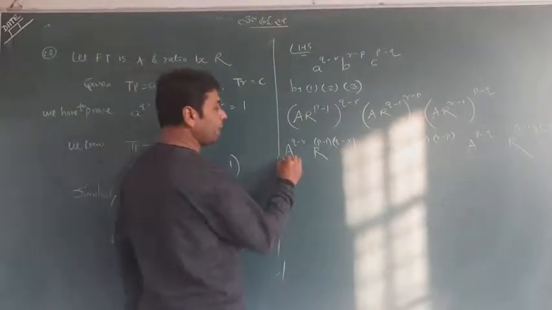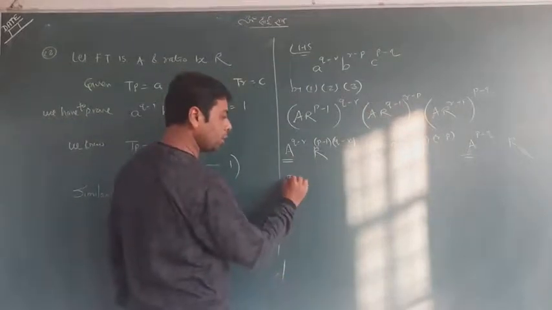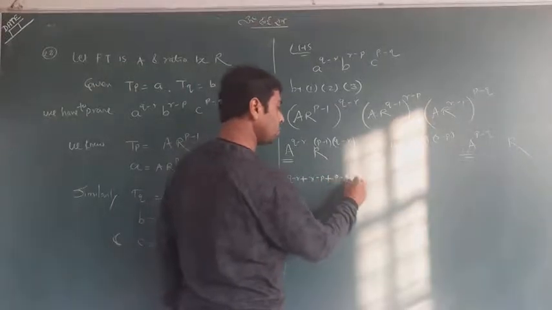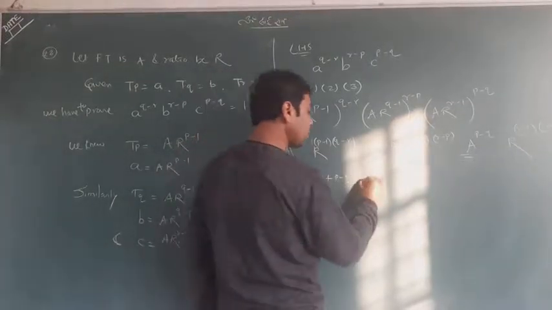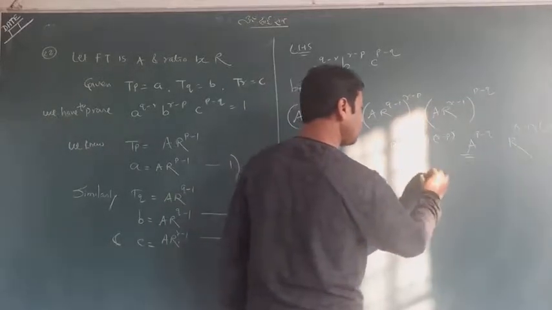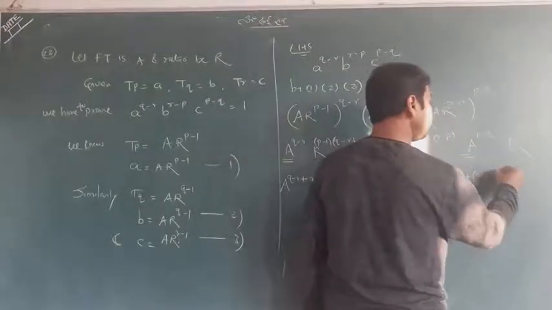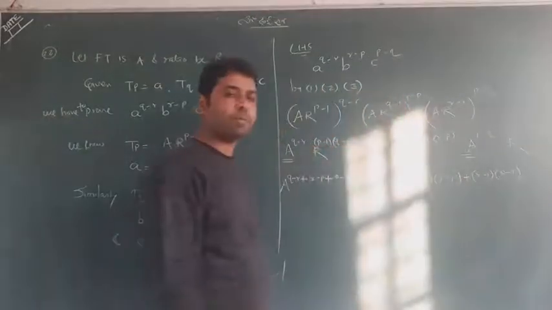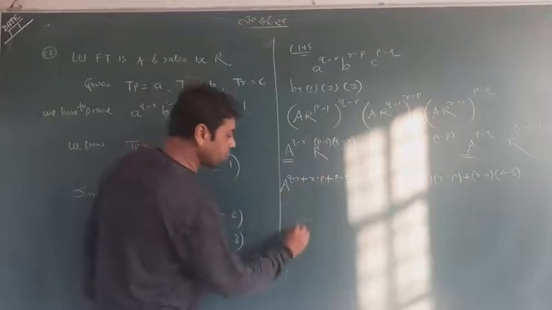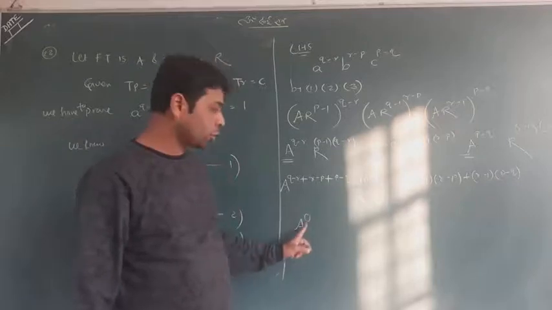Now I will go with all the A. Can you see? They have the same base, so the powers will add. So A to the power q minus r plus r minus p plus p minus q, and for R, again the powers will add. So for all the capital R you can see the powers will add. And one step I will leave to you, that all these terms will cancel each other. q and q cancel, p and p cancel, r and r cancel. So A to the power 0 will be there.